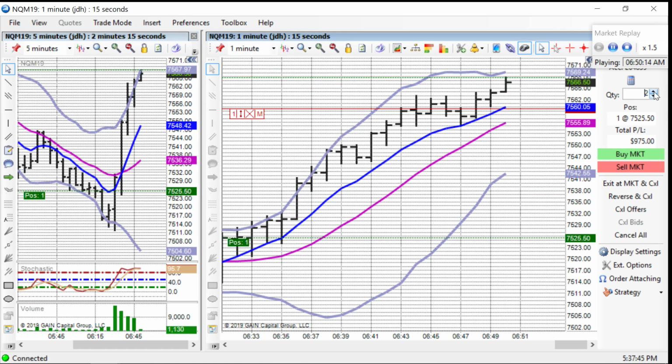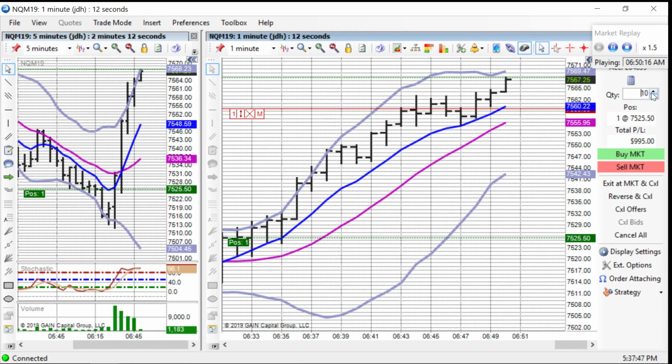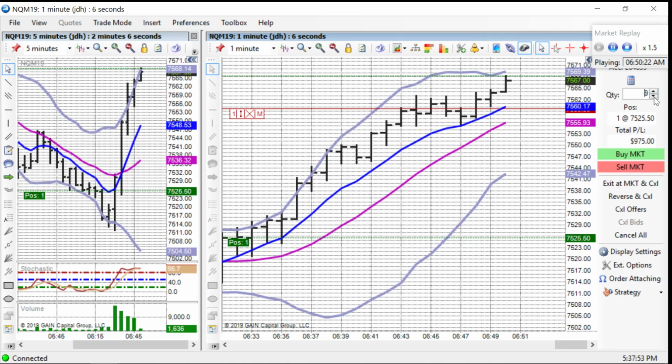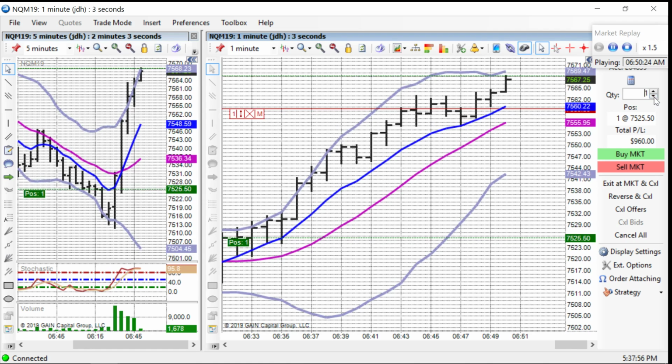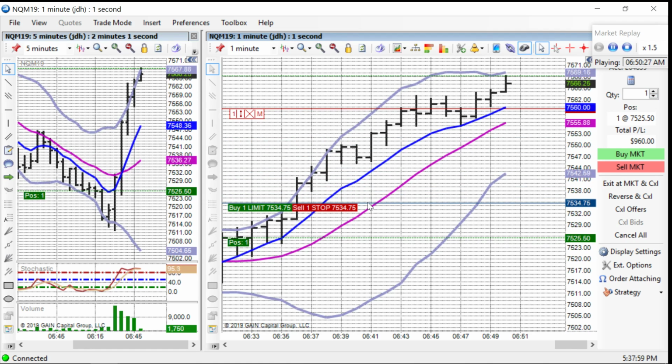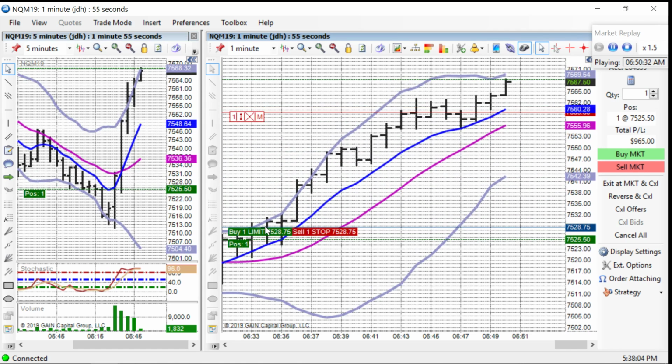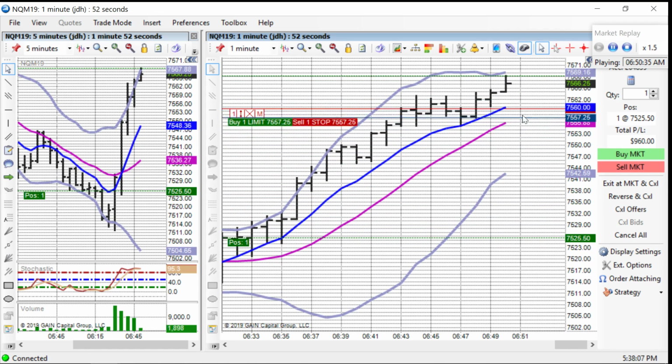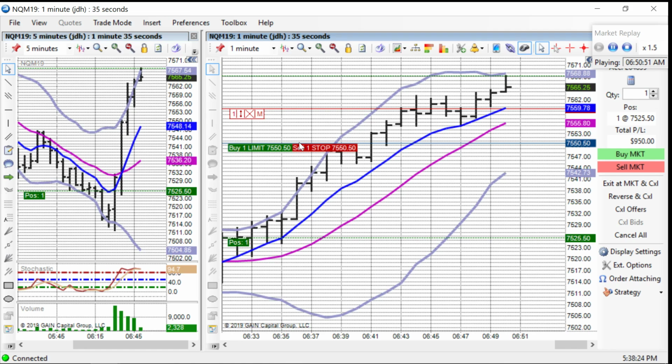If I simply want to trade more contracts, I would hit that button, and so now we're trading 10 contracts at a time, but of course you want to have the account size that would support that. But we're just simulating one contract trading here, because it's the same principle if you have more contracts. The only difference might be the rate at which each contract was filled. There might be a little bit of a delay between contracts if you use large contract lots, but usually that's not a problem,